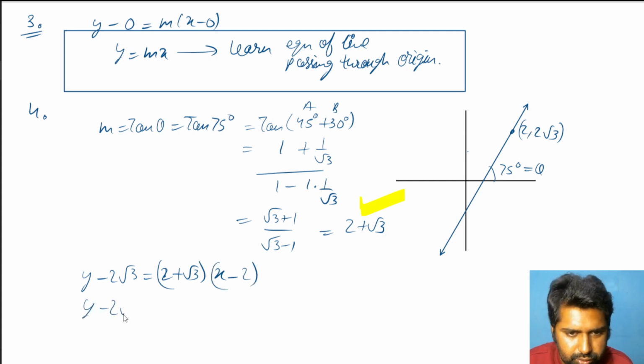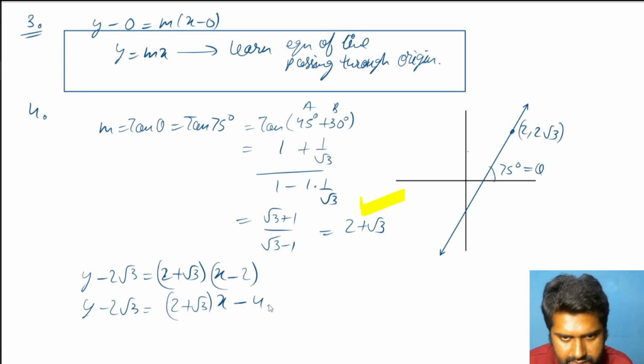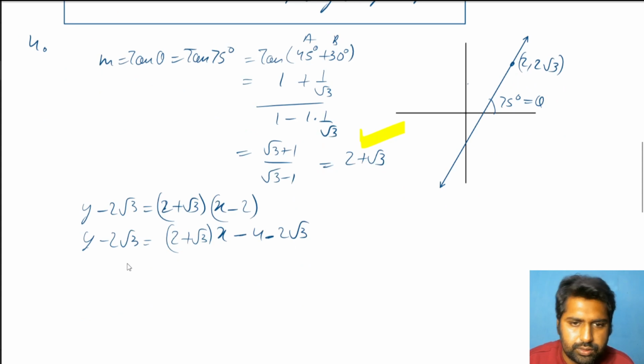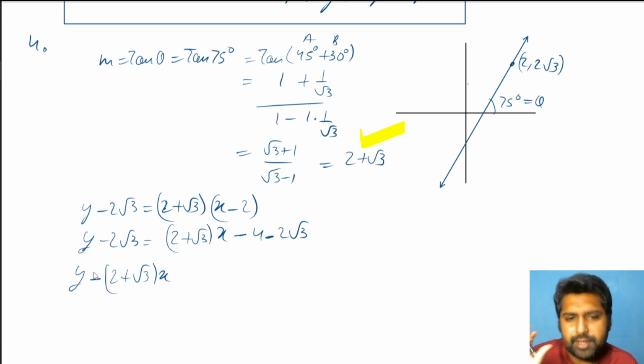So y minus 2 root 3 is equal to 2 plus root 3x. Multiply this completely: 2 plus root 3 together, minus 2 times 4, and this becomes minus 2 root 3. Okay. If you take it any further, simplify it. So y minus (2 plus root 3)x. Don't open this. Your equation should consist of 1 by 1x. Okay. Is equal to,